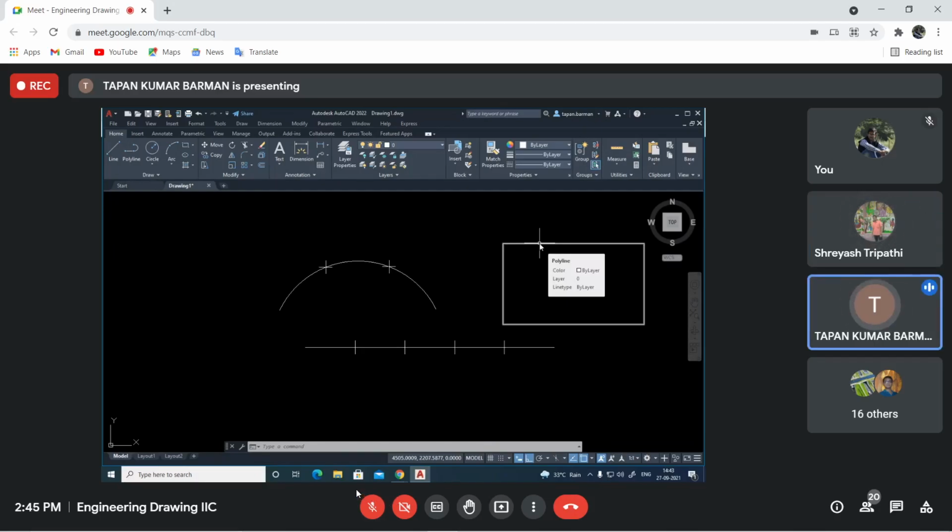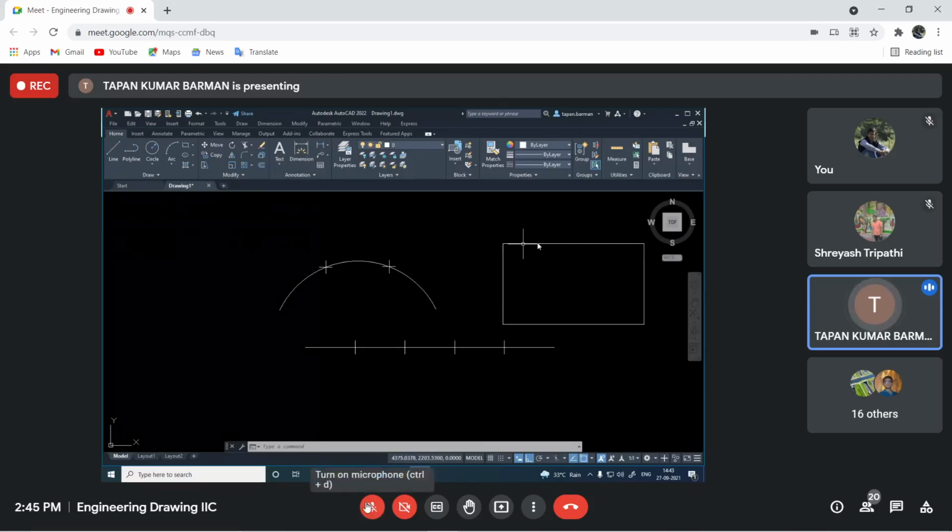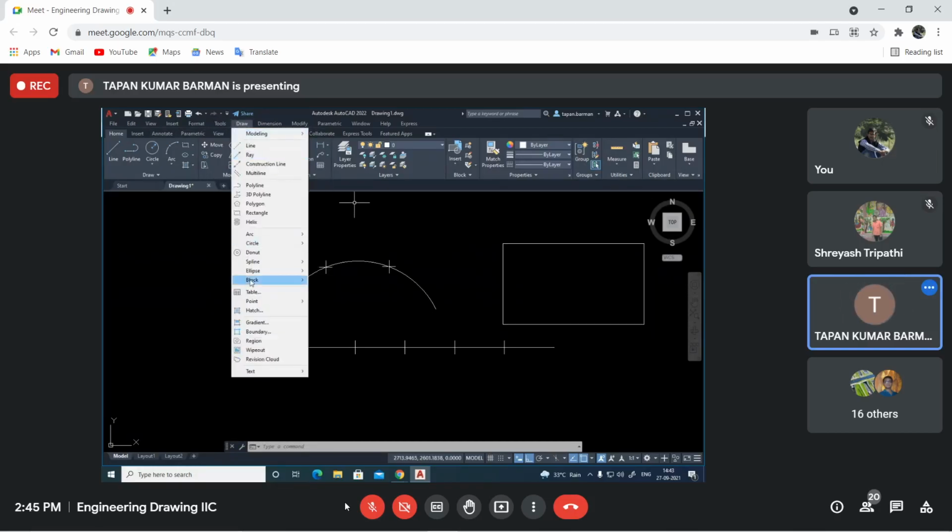Your answer is correct. The procedure should be, since we have made this rectangle using rectangle command, so this is basically one compound object. That means the rectangle has a single entity. If I try to select this rectangle, the whole rectangle will be selected by clicking once. That means the whole thing is basically one object. Now, if I try to divide this line, the top side of this rectangle, if I do not use any other option, by doing this thing, the whole rectangle will be divided.